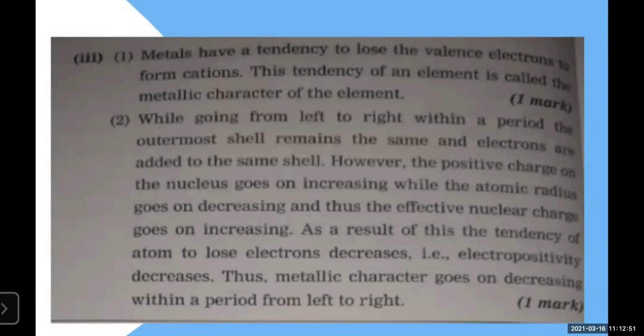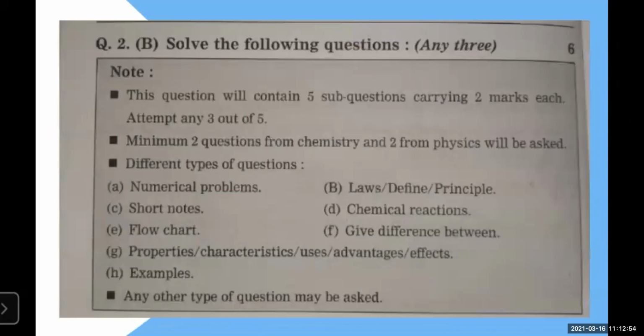Okay, students, let's see this. We finished question number one, A and B parts. Question number two, A part we have done. Now we will see question number 2B. Today we are going to discuss only question number one and question number two. Tomorrow, at the same time, I have a lecture. We have a second session continuing this paper, solving question number 3 and 4. Today we will finish question 1 and 2 nicely.